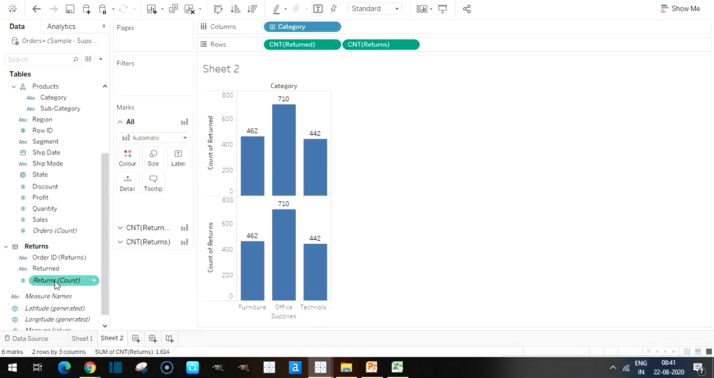Like I said, every time you load data, Tableau provides one default field which has the count of all the observations, all the records that you have in your table. Say in the orders table I have order count, in returns I have return count. So this count is nothing but the total number of records you have in your table. So I bring that default count loaded by Tableau, and it gives the same number as what I am